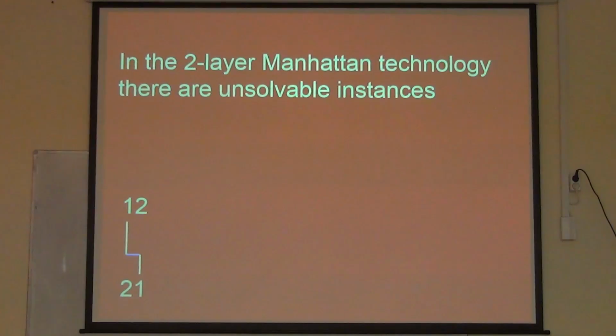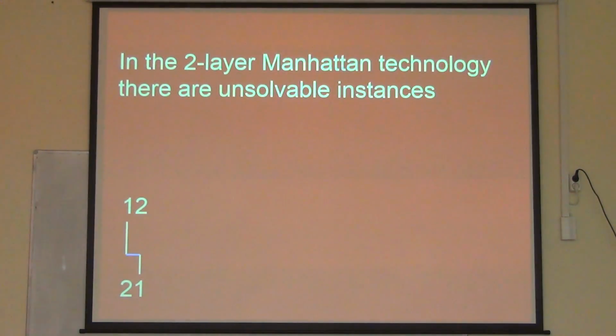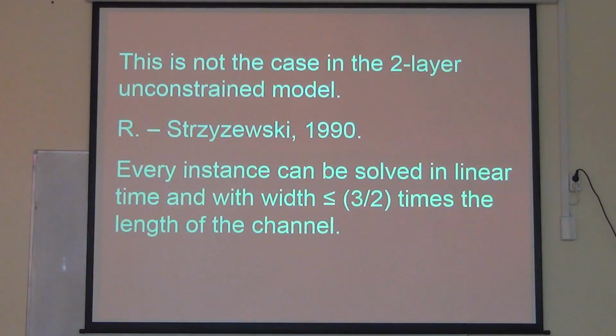Of course, you can also ask the question, what is the situation if we are not in the Manhattan technology, but in the unconstrained 2-layer technology? Then everything is solvable. There are no such ugly exceptions. In fact, back in 1990 with a student of mine we could prove that every instance can be solved also in linear time, and the required width of the channel is never more than 50% extra to the length of the channel. And once again, this is not best possible. This is just a simple linear time construction, and I am pretty sure that much better can be arranged. But as far as I know, no interesting result has been found since that time about improving the